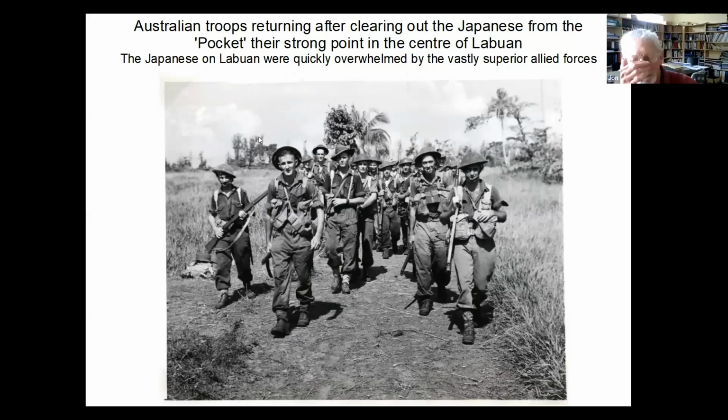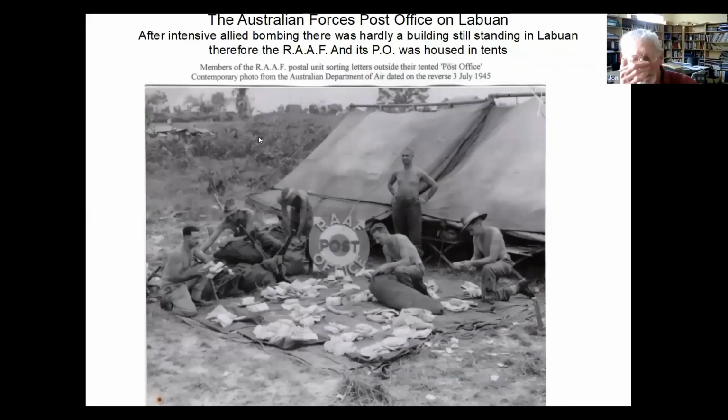Now, there had been intensive bombing of Labuan and North Borneo. In fact, the only building remaining standing in the towns of North Borneo was the post office at Jesselton, but that's another story. Anyway, the whole of the Royal Australian Air Force was housed in tents. And that includes the post office. And as you all know,